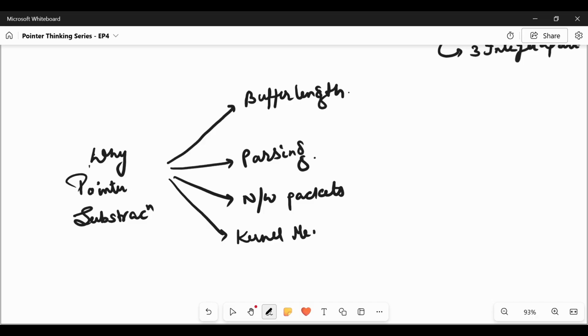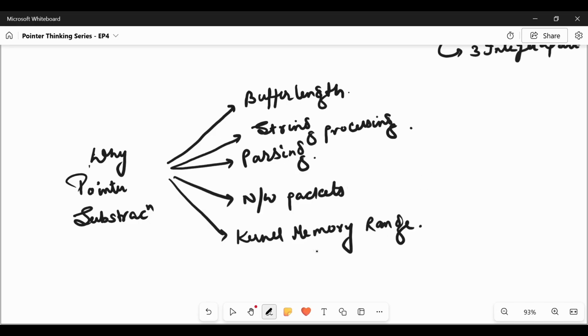At that time pointer subtraction is necessary. Mostly we use it to calculate the length, which is simply end minus start, end address minus start address.